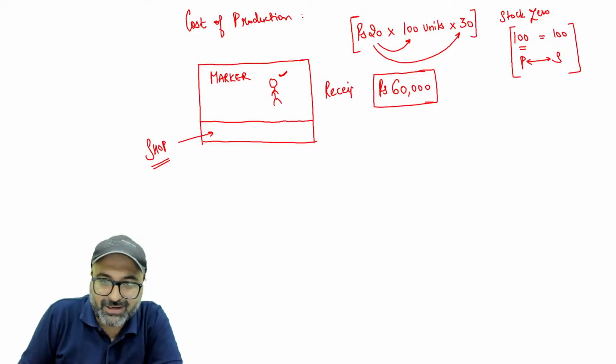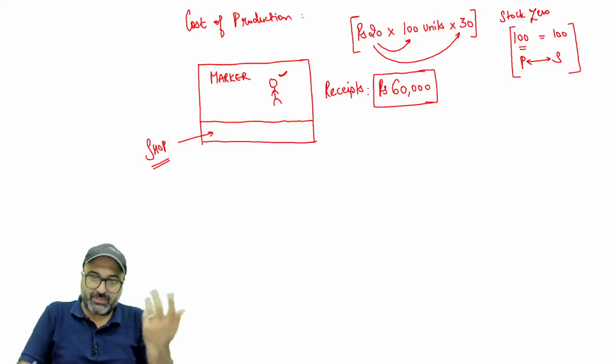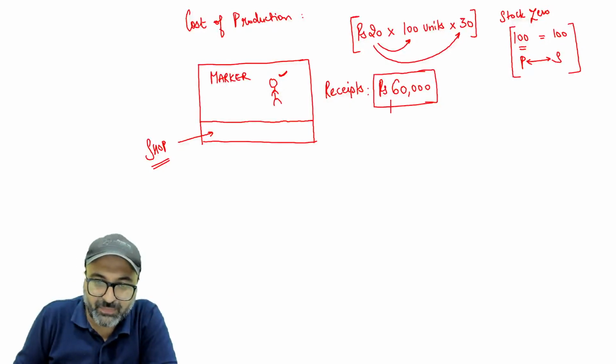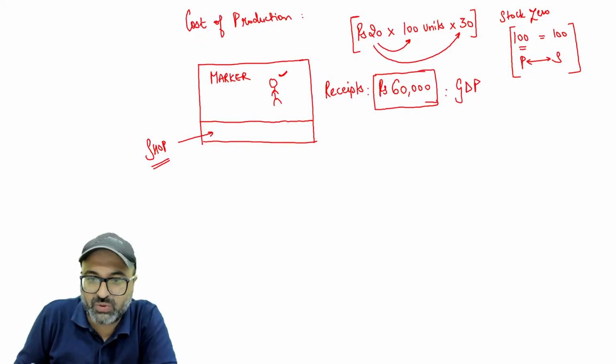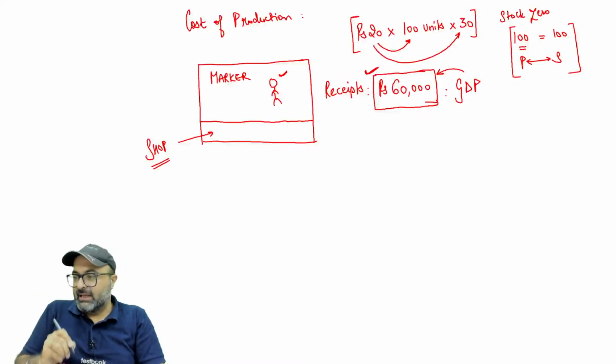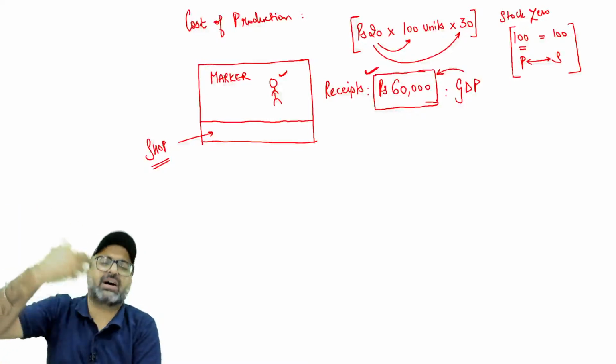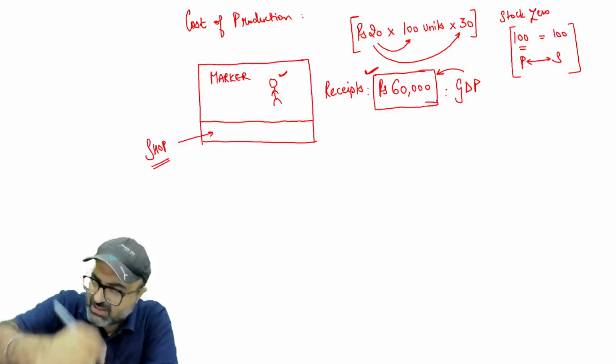But he's not a serviceman. He's not having all the amount in his pocket, out of which he is bearing certain cost of production. Then he will be earning certain profit, but I'm not concerned about it. Why am I not concerned about it? Because I am on a survey to calculate GDP. So I want to know the final value of goods produced by him. The final value of goods produced by him is 60,000. I was supposed to write his contribution to GDP in a month as 60,000 and in a year 60,000 into 12. I was just about to do that.